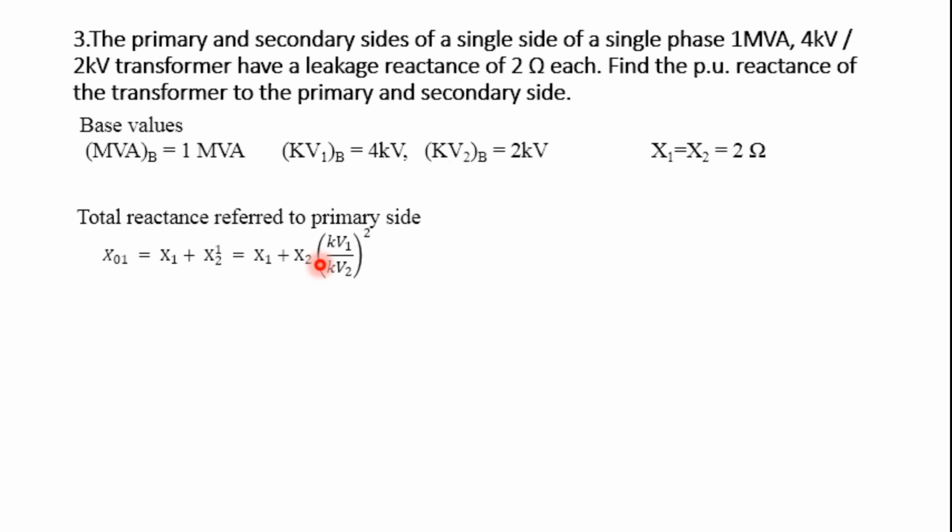It is left to how you are considering it: V2 by V1, or V1 by V2, or I1 by I2, or vice versa, whatever you can consider. But here, what I am considering is x2 by k square. What is k square? k square is equal to V2 by V1. Understood? So I am considering the k value as V2 by V1. So if you have anything, I will write it. What is the k value? I am considering the k value is equal to